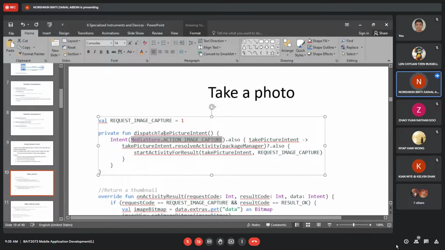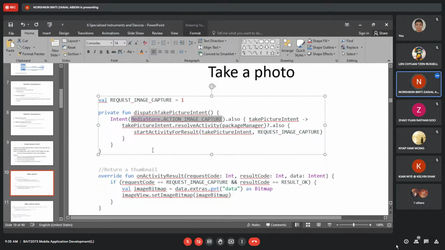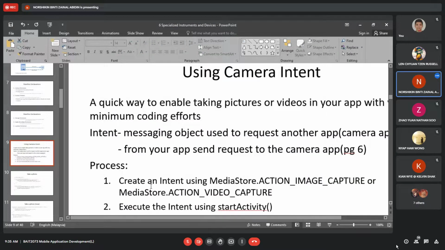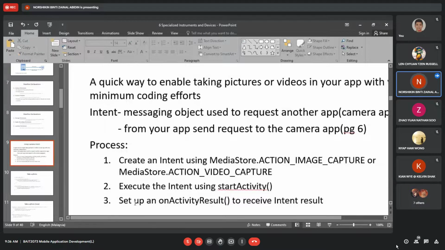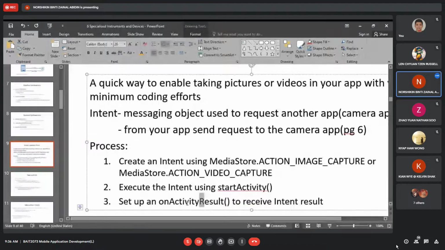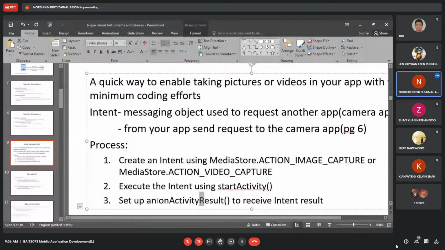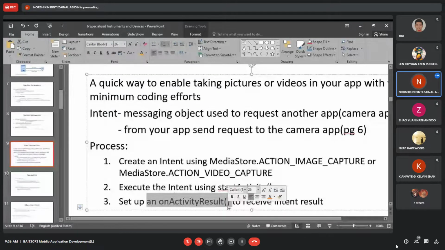So here, request image capture. Dispatch take picture intent. So this is the function just now. MediaStore action image capture. So this one is the override function onActivityResult. What is onActivityResult?